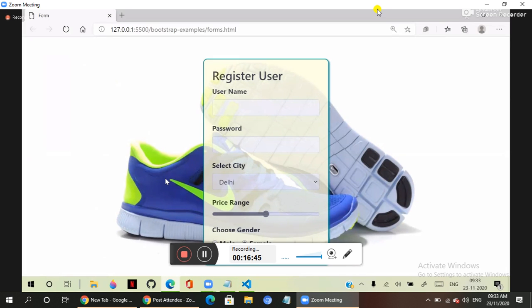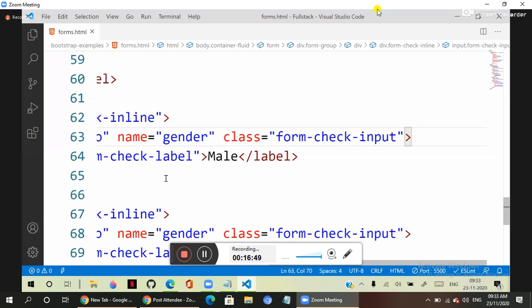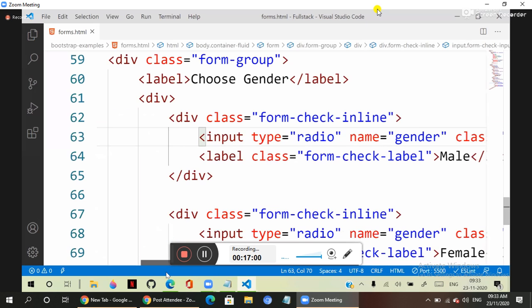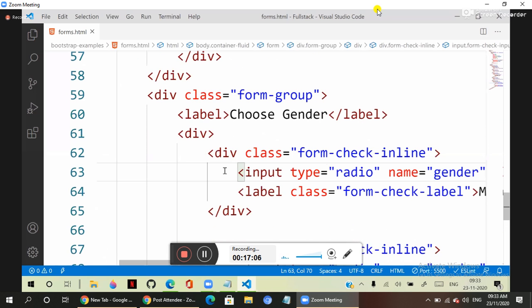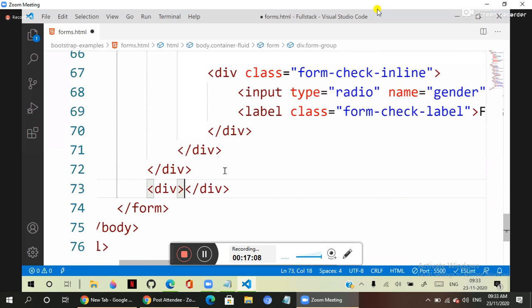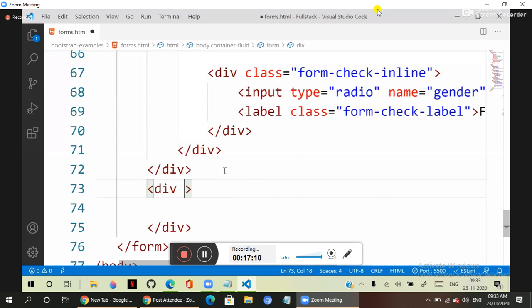All other options, you can maintain form. This is simple. And of course, suppose you have file input also. For that we have a separate option. That means suppose I will give another div. So class as form group,